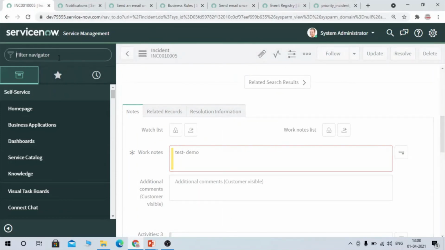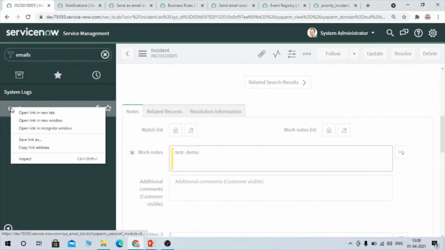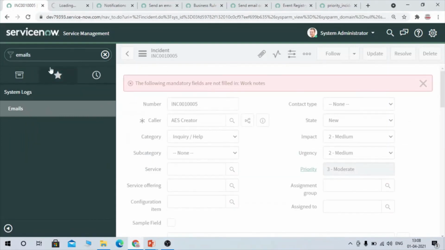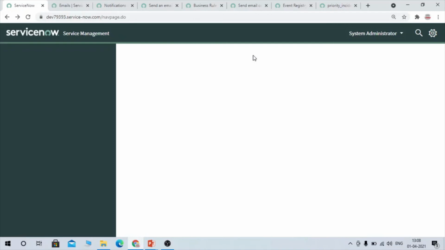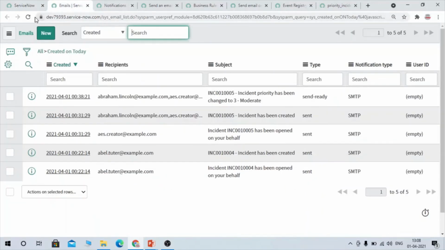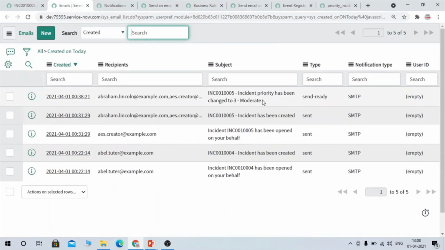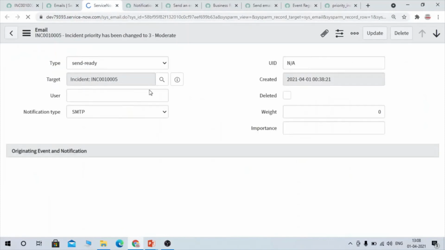And let's navigate to emails. Okay, so you could see here our event has been triggered and notification has been sent as part of that event.